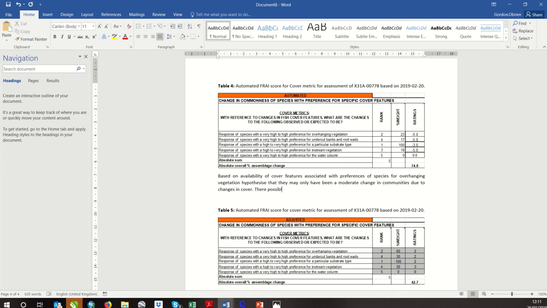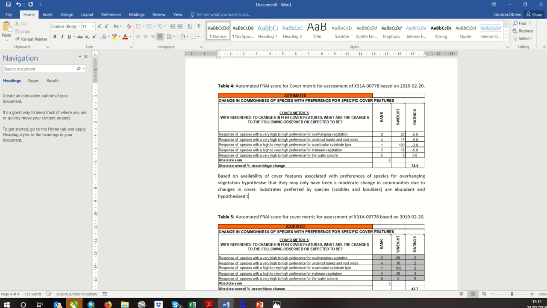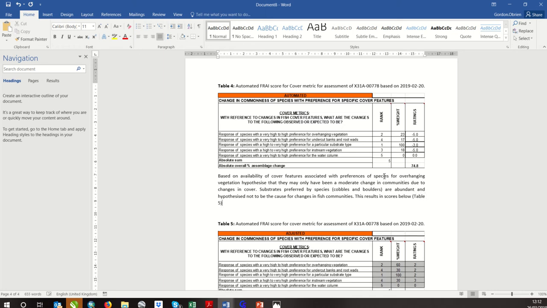There possibly has, and then substrates, and I'm referring to cobbles and boulders, are abundant, and hypothesize the size not to be the cause for changes in fish communities. This, okay,